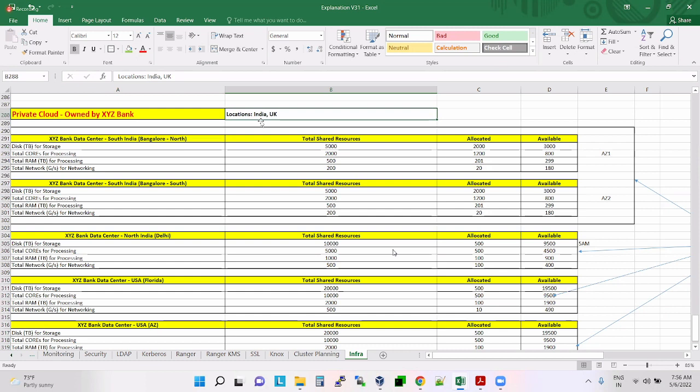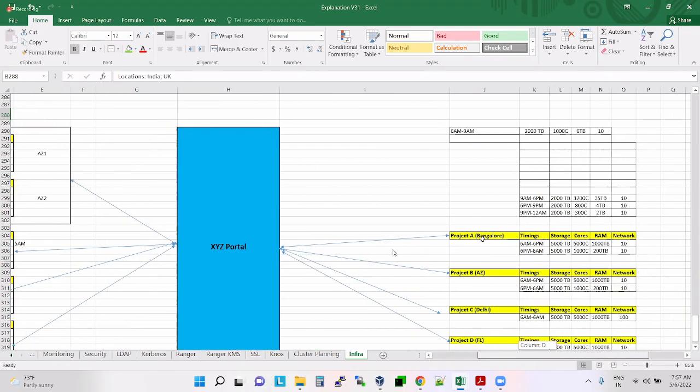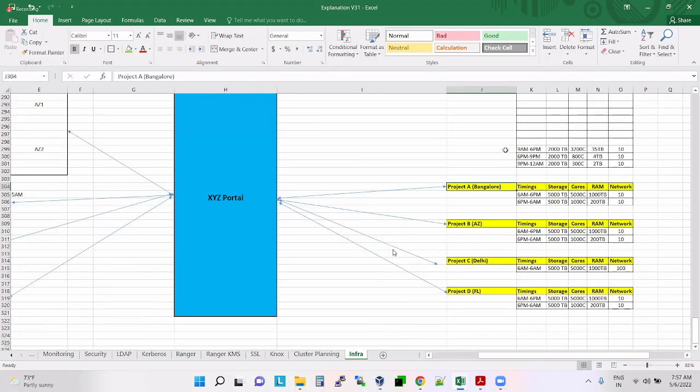See, Microsoft serves different customers from different locations. That is the reason Microsoft is hosting their data centers across the globe. But here at XYZ Bank, it is there only in 2 countries. So it will start the data center from only those 2 countries, and use it only for XYZ Bank projects.